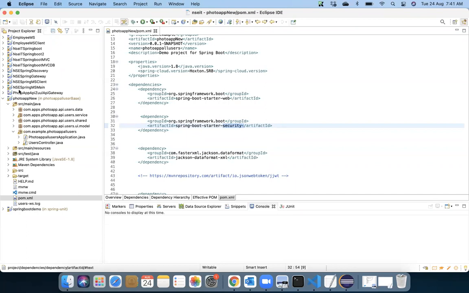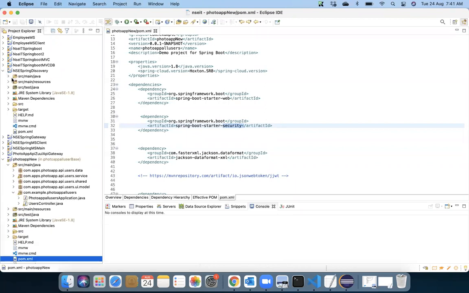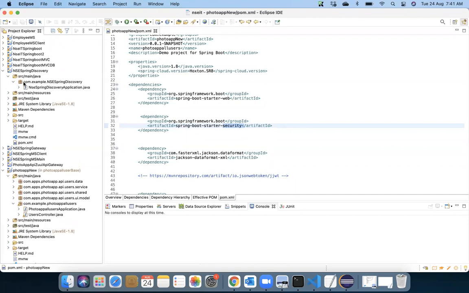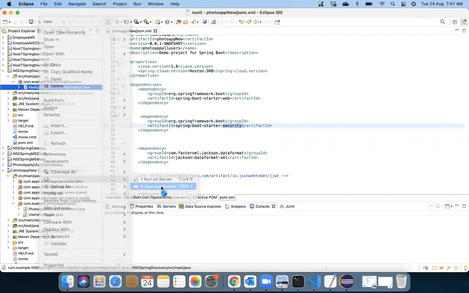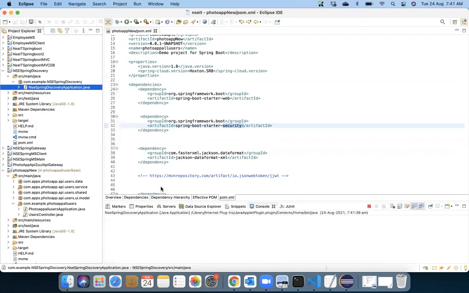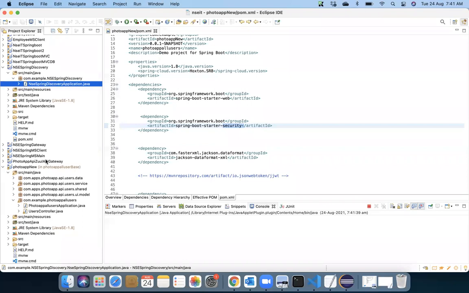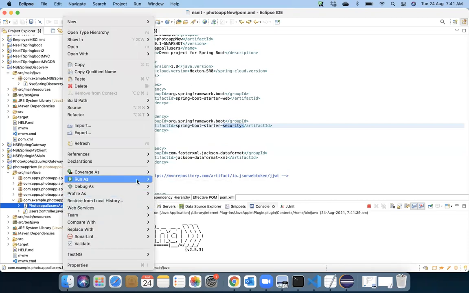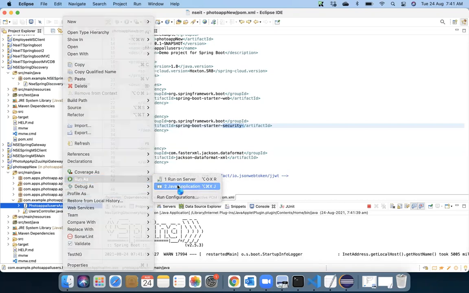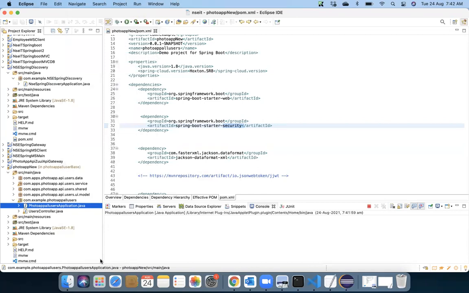So I'm launching this discovery service first. Okay, and after that, I'll be launching this photo app. Let it launch.